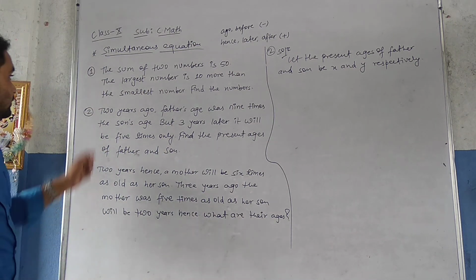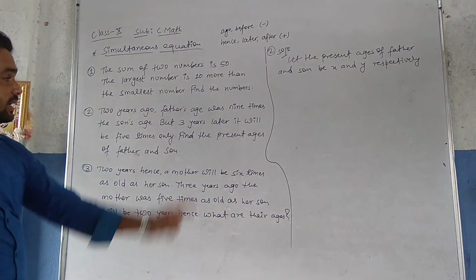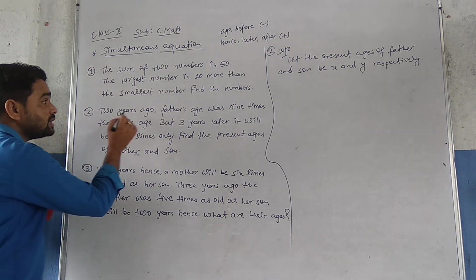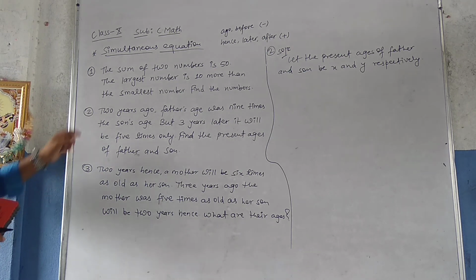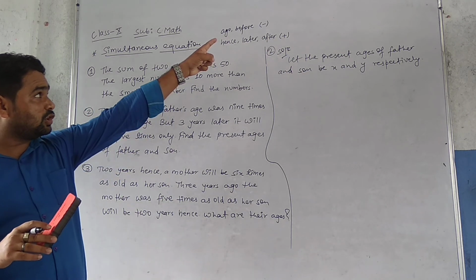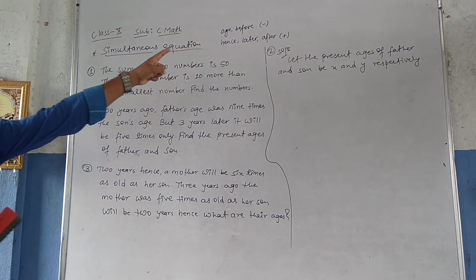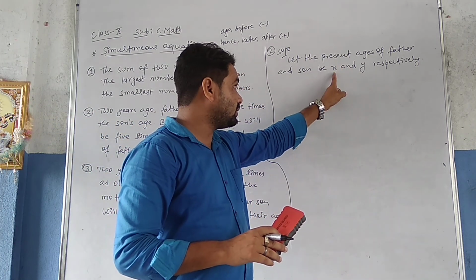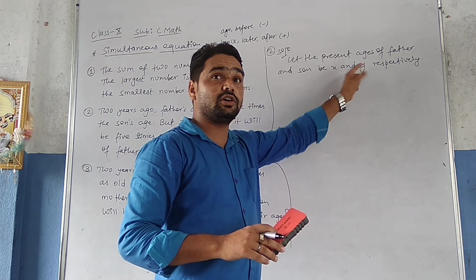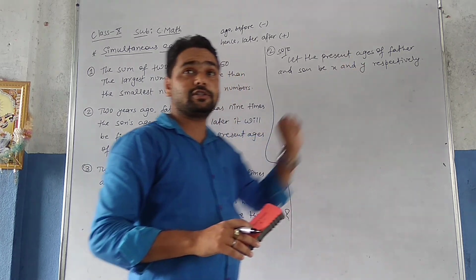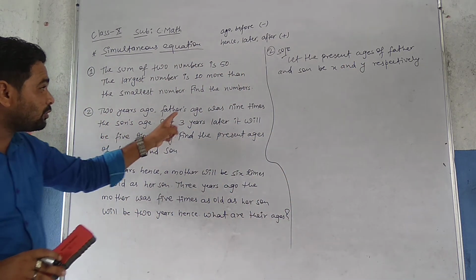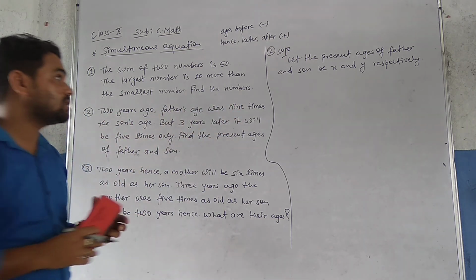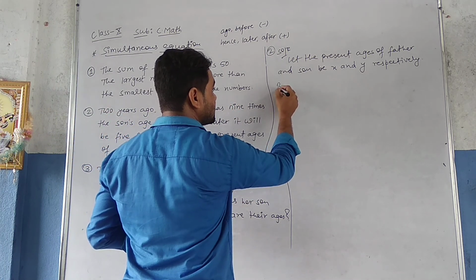Now for the first condition. In the first condition, it is given that 2 years ago. Ago means minus. Now we are going to subtract in the present age. This is for father, this is for son: x for father, y for son. So 2 years ago, the father's age was 9 times the son's age. So by the first condition,